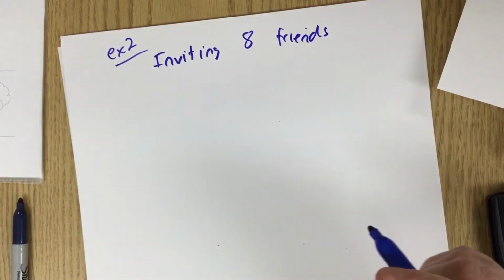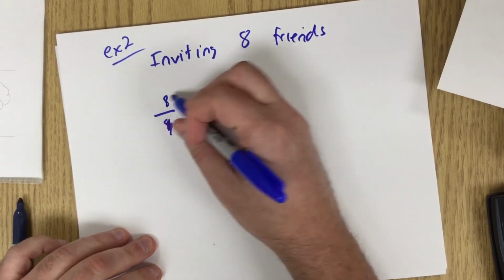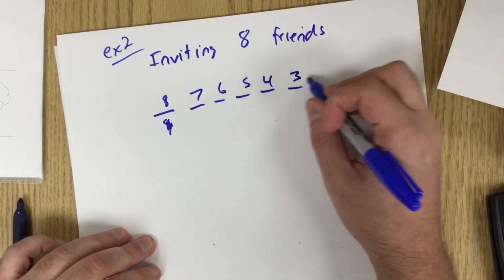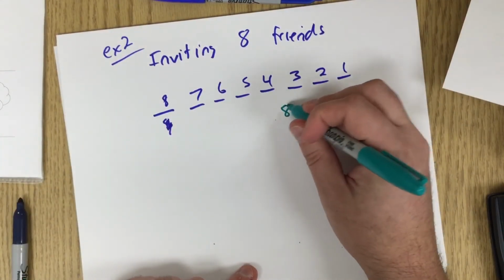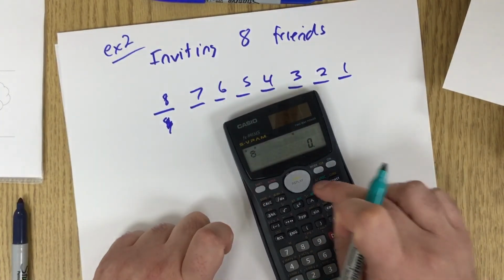So that'd be the same thing, except it would be 8, 7, 6, 5, 4, 3, 2, 1. Or to put it another way, it would be 8 factorial,